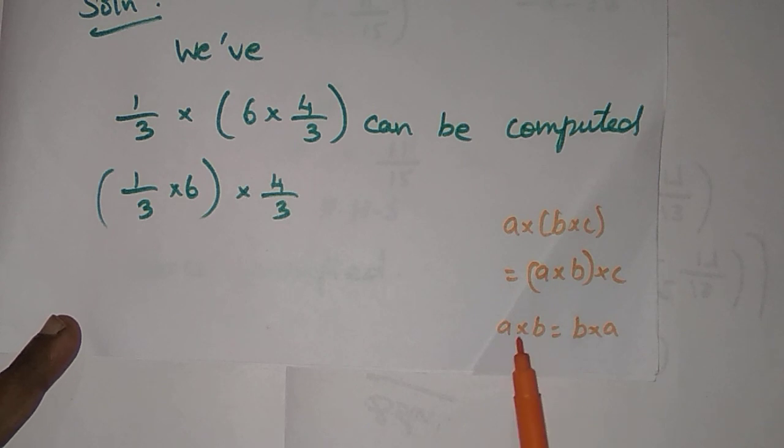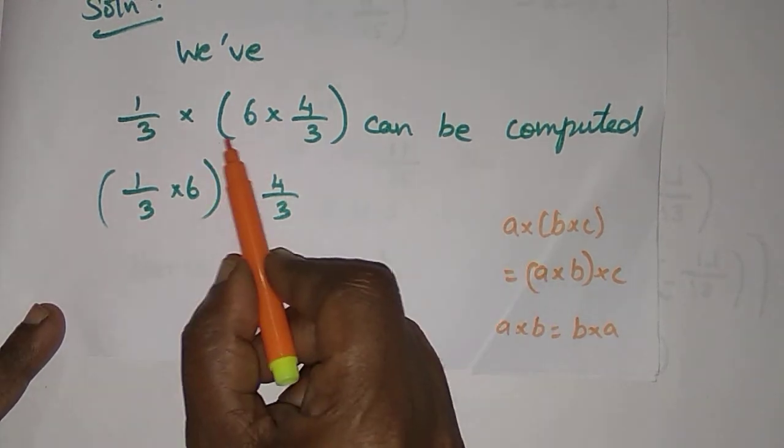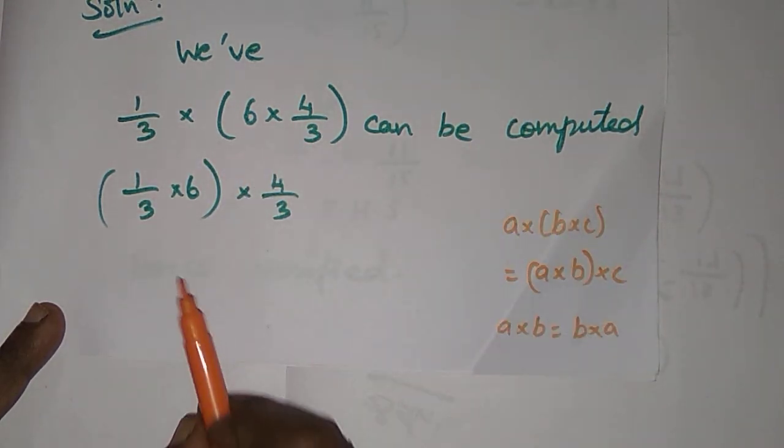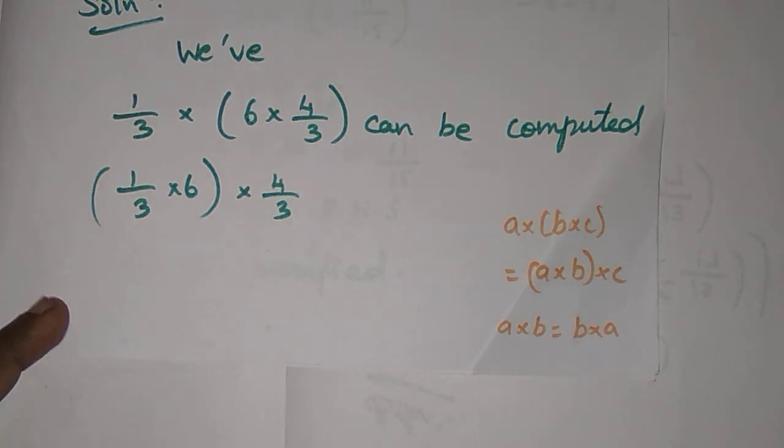Okay, so here A cross B cross C can be computed as 1 by 3 into 6 into 4 by